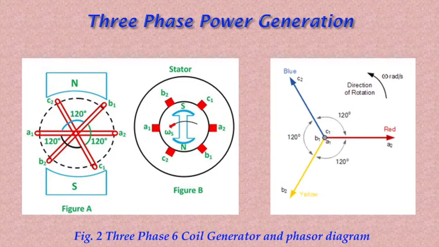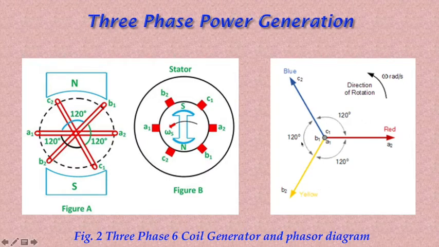If we arrange three single phase circuits with 120 degree phase difference, then it will become a three phase circuit. So 120 degree phase difference is a must, otherwise the circuit will not work. The three phase load will not be able to get active and it may also cause damage to the system.